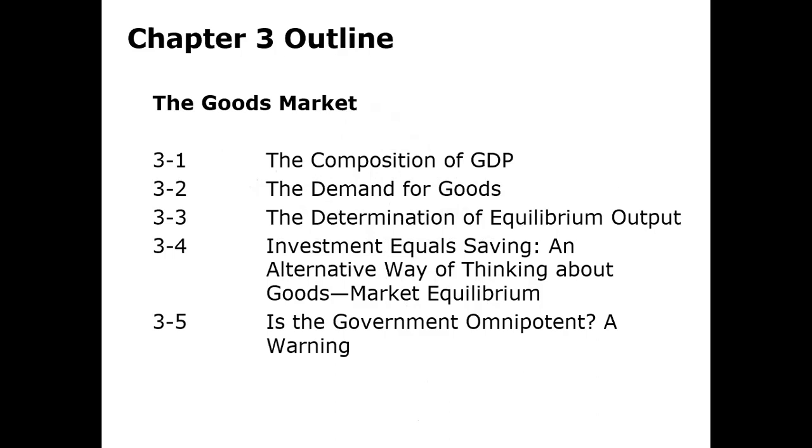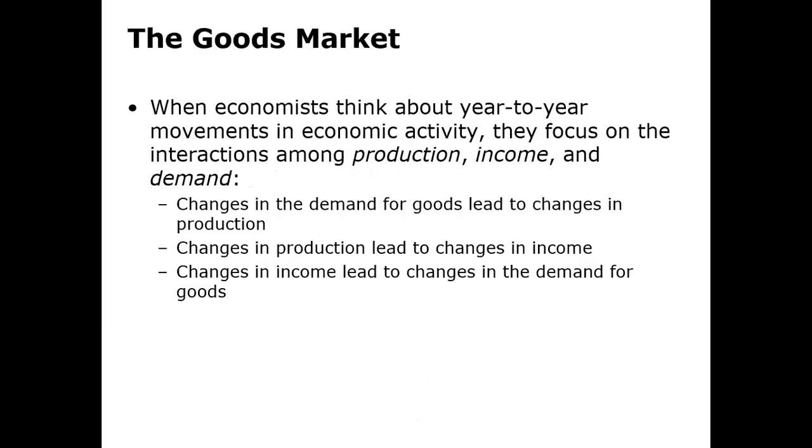What are the components of the demand function, in order to look at how we can use different strategies to accelerate the economy? If the demand increases, what kind of policy are we going to use in order to drop the inflation? How can we use expansionary or monetary policy to control the gaps that exist in the market? So the goods market means that when economists think about year-to-year movement in economic activity,